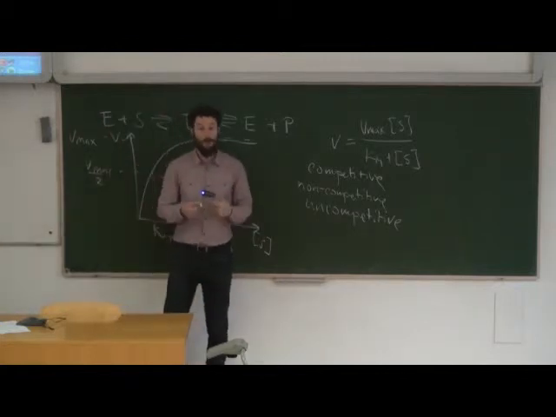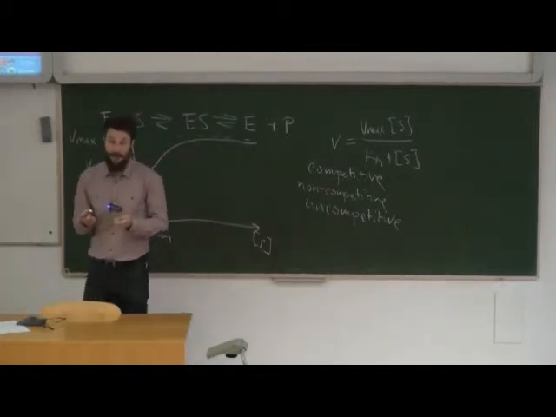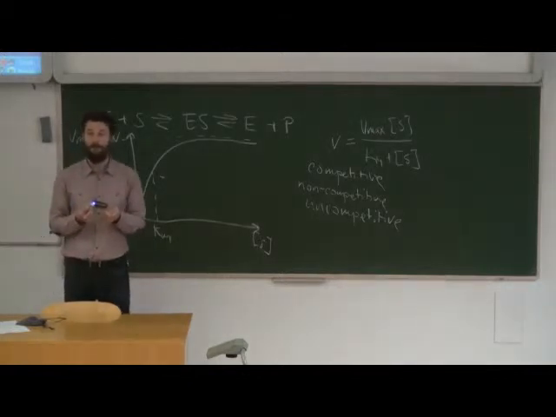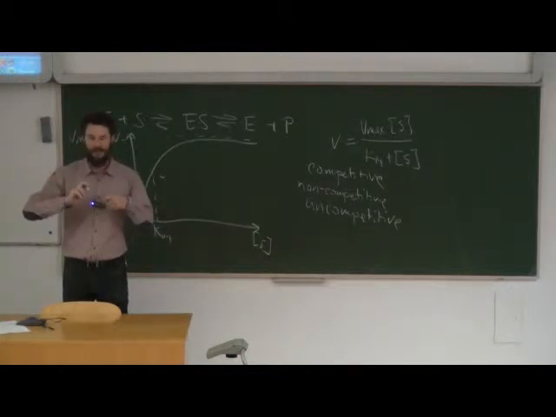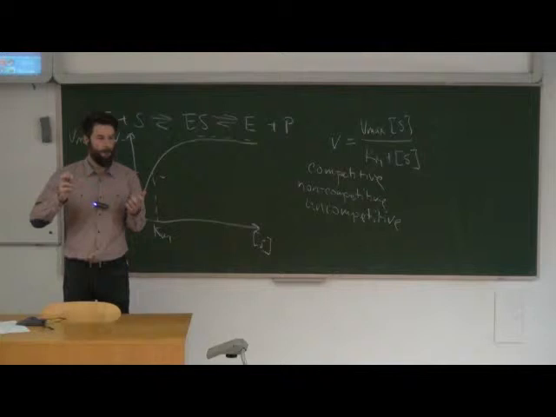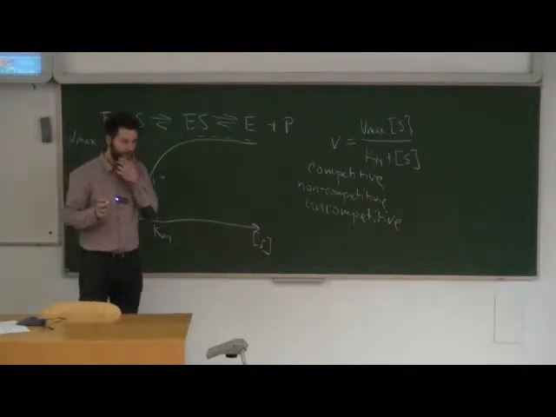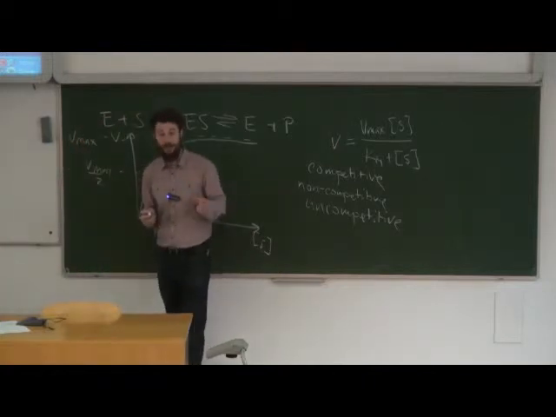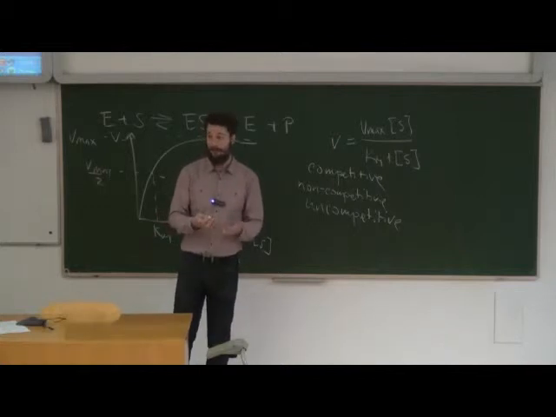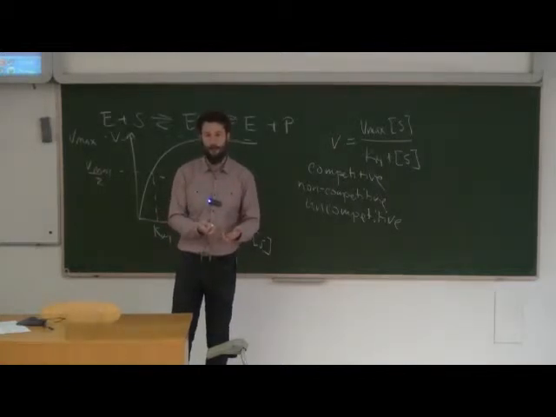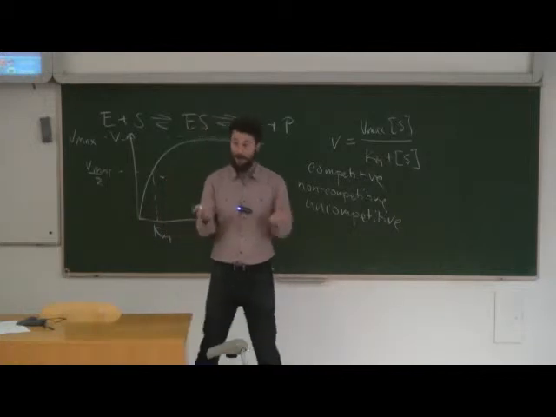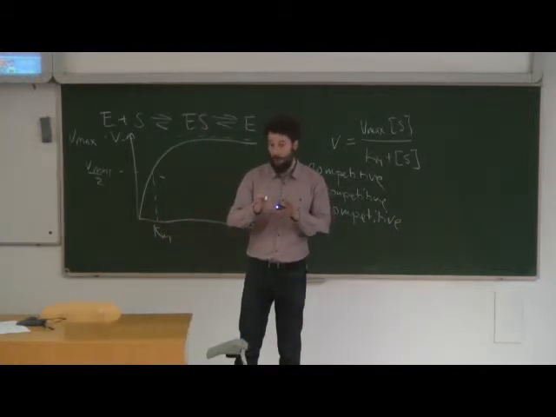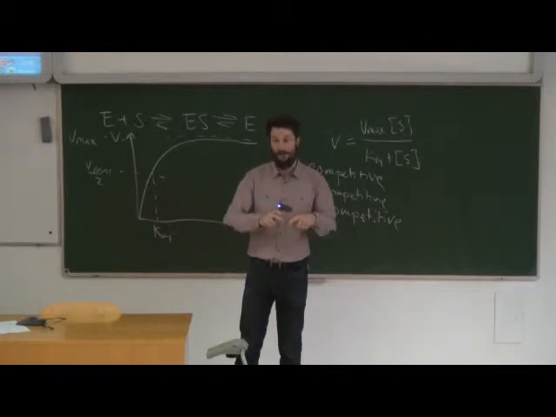Okay, let's start with the first one, competitive. Well, it's already in the name. So what happens in competitive inhibition? Let's not talk about what happens to Vmax; let's just describe it. They both compete for the same enzyme, the inhibitor and the substrate, whichever collides first with the enzyme. Most often, they bind to the same binding site. It's usually the active site, but it doesn't have to be.